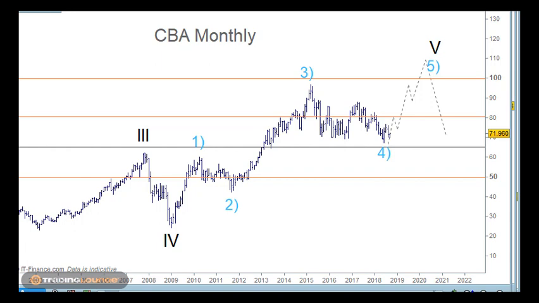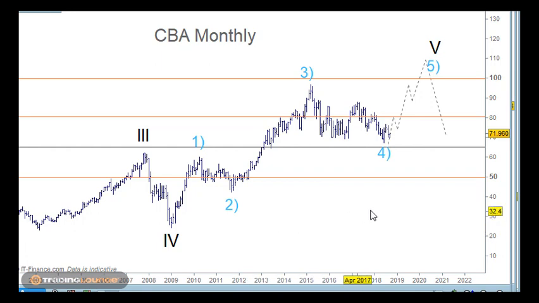And what I want to point out on the monthly chart here, and also with the ASX 200, and we've been over this before, but I think it's good to go over this because it is possible that we've got a low in place here. So I do want to talk about this larger structure for the CBA. I mean, this is our biggest stock, it's like 9% of the ASX benchmark 200.